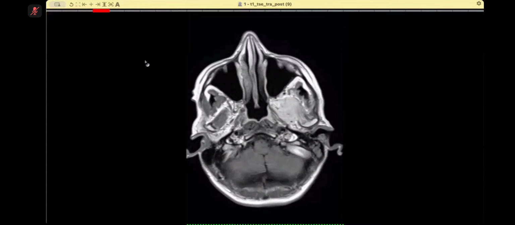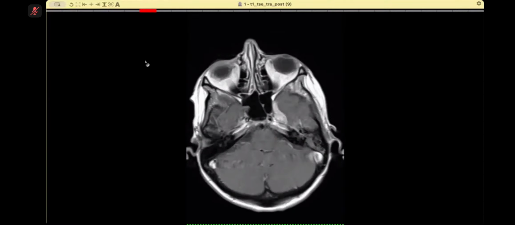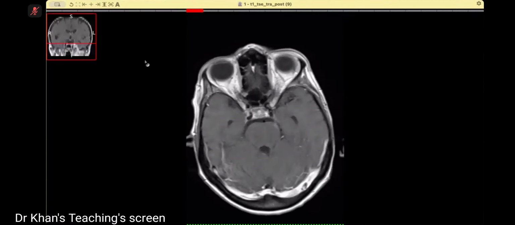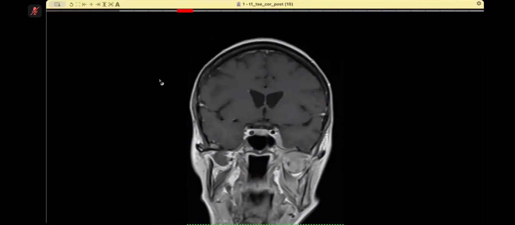As the patient is a known case of treated lymphoma, this could be a lymphomatous deposit that has undergone a perineural spread via the trigeminal nerve, I think,